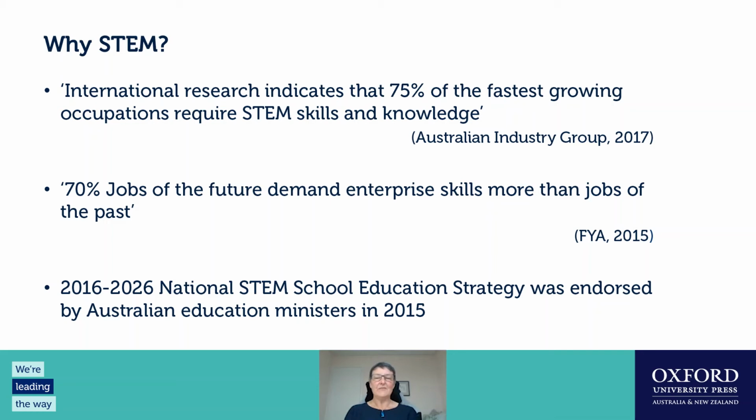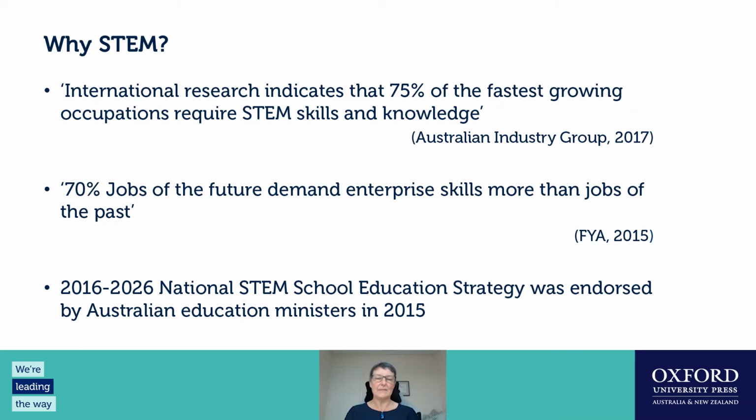2010. And Foundation of Young Australians, the FYA, in 2015 did some research on all the jobs that were being advertised across Australia. And they found that there was an increasing number of special skills that they called enterprise skills that were being requested by employers more and more commonly. And these included the critical and creative thinking, the group communication skills, all of those things that come under the